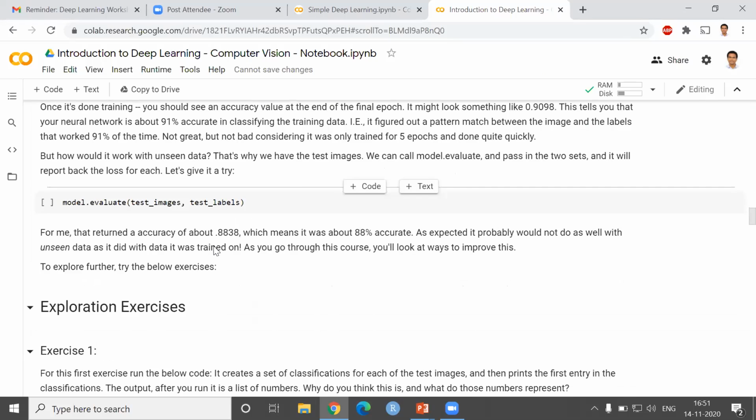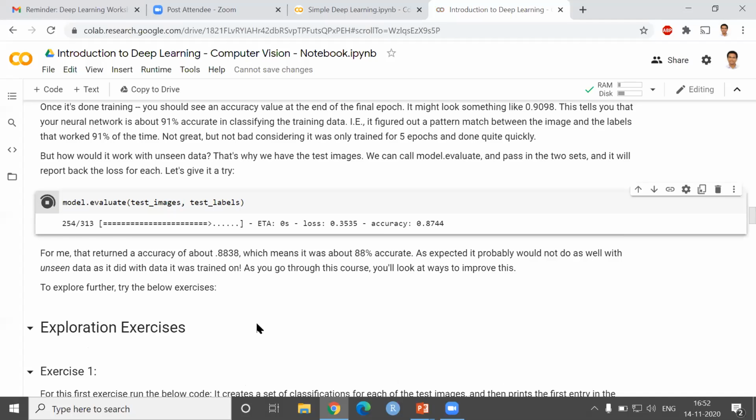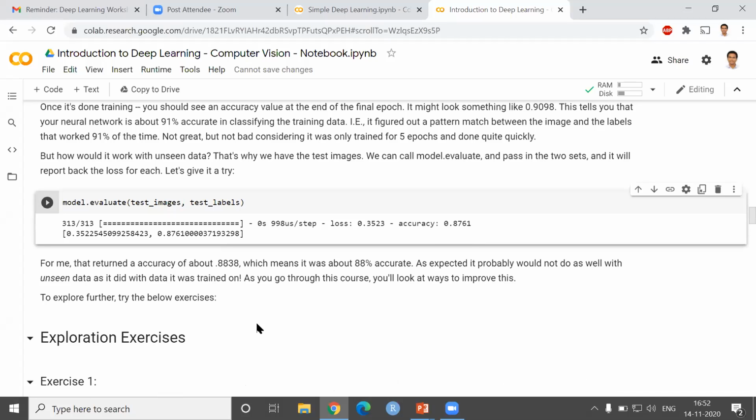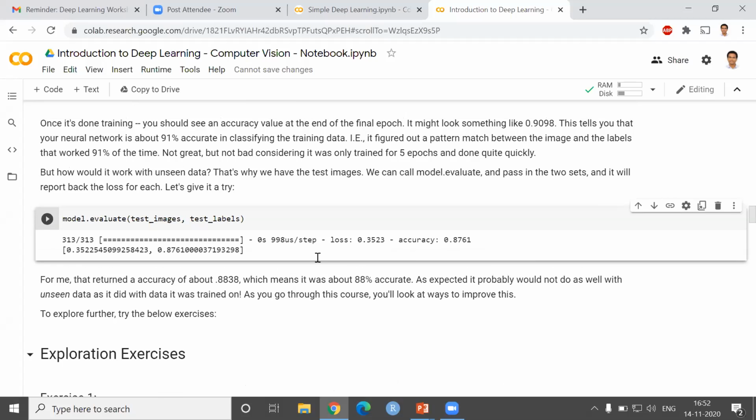And then finally, you can predict with an unknown image using model.predict. Now we are evaluating with the test images. We said there are 10,000 test images and 10,000 test labels, so we use model.evaluate with the test images and the test labels. Though the neural network has not seen any of these test images, while evaluating you get 87% accuracy.